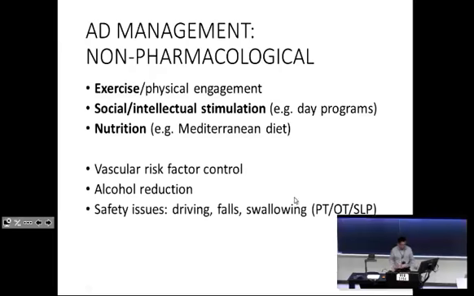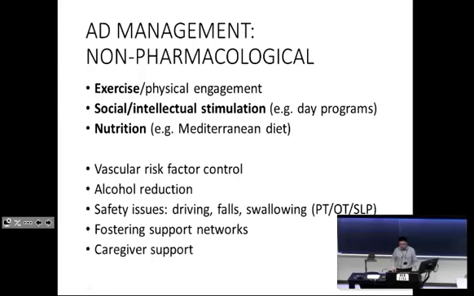Vascular risk factor control. Safety issues are very important. So driving, very thorny subject, won't go into that too much. Falls have to be assessed, especially if you're worried about Parkinsonism, and similarly swallowing as well, although that's usually a late factor. And then fostering supports. And don't forget that this is a disease of more than one person. Kind of like with pediatrics, you're not treating an individual, you're treating an individual and the people around them. So caregivers have to be assessed pretty much every time you see someone in the clinic as well.